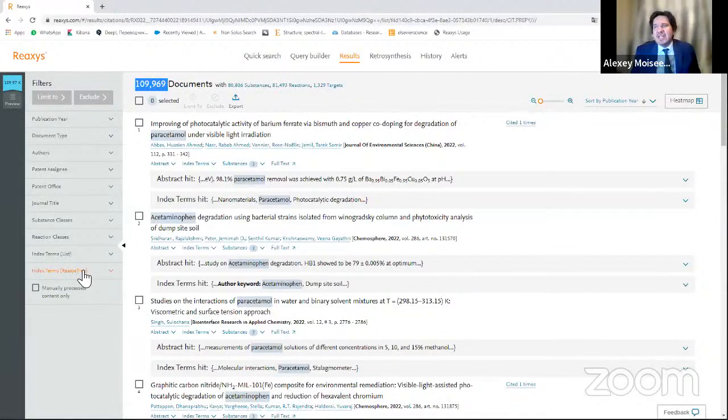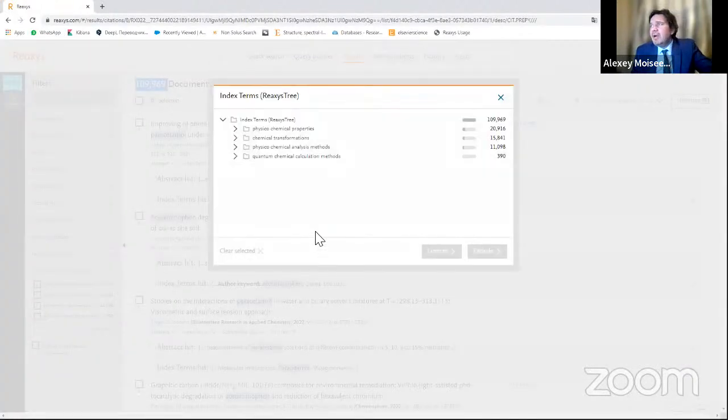If you are a chemist or somehow related to chemistry, you can find a very effective tool, the Reaxys tree. It's a special taxonomy developed by our specialists.